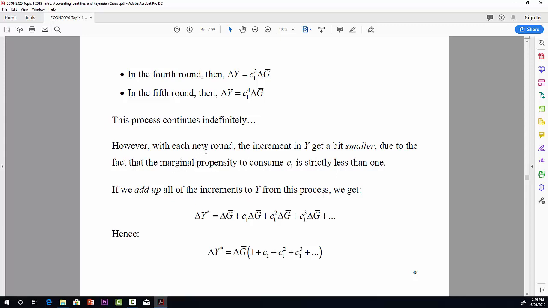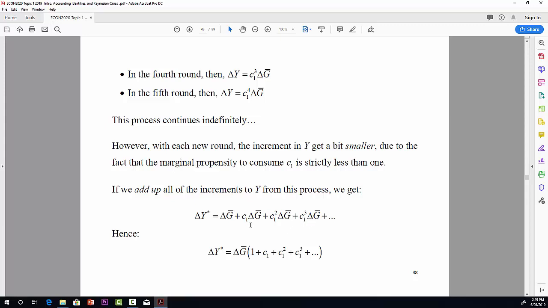But the thing is that with each new round, the increment you get in Y is a bit smaller than the previous round, due to the fact that the marginal propensity to consume, remember, C1, is less than 1. So with every round of increase in income, a little bit gets shaved off out of consumption and actually into savings. So if we add up all the increments to Y, you get that first round increment, second round, third